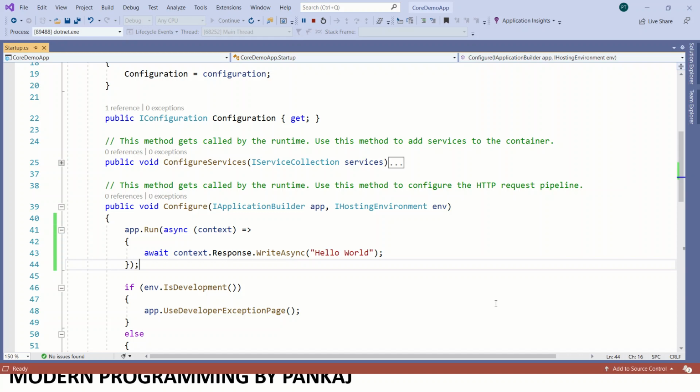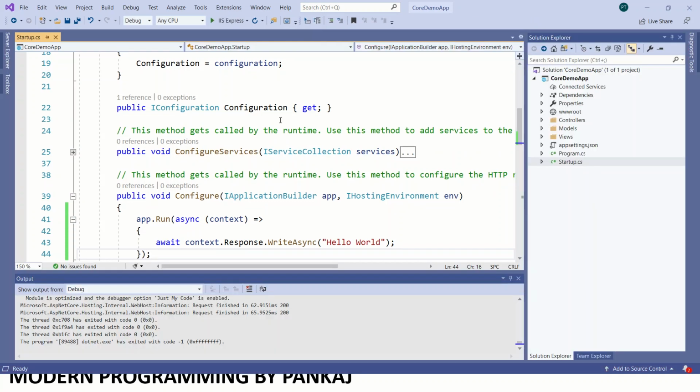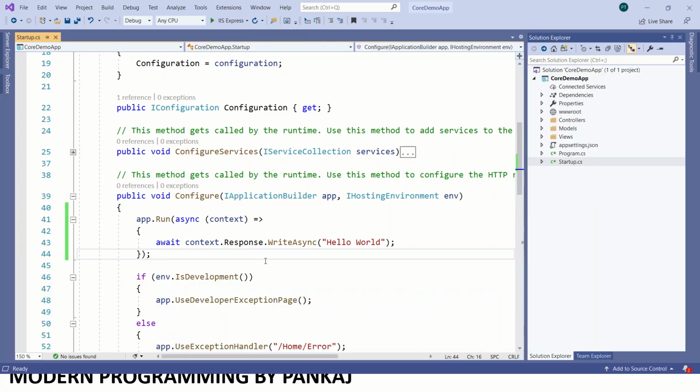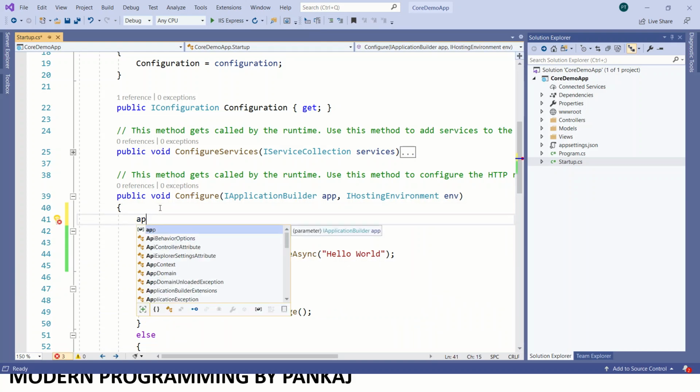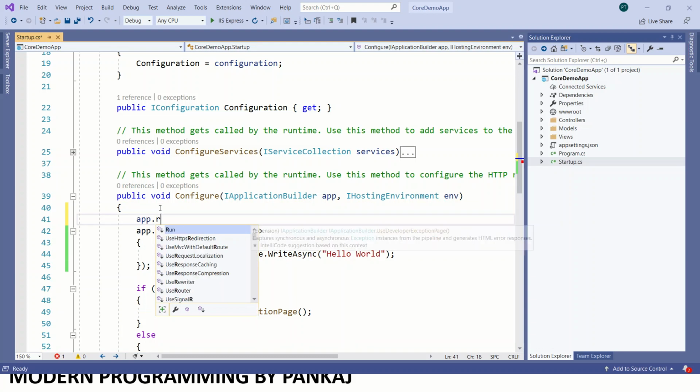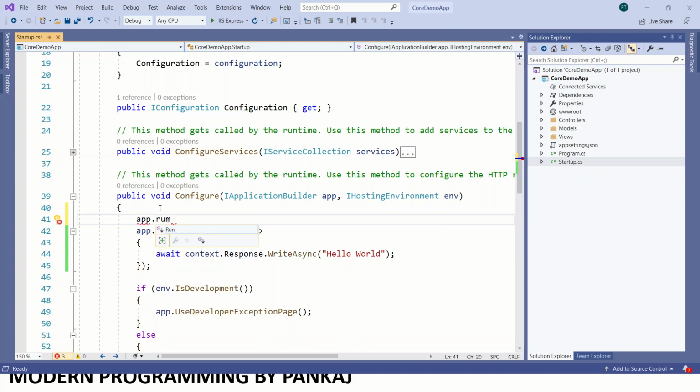What is the signature of this run method? If you want to check the signature, how can we do that? We can just write app.Run. Now, see, this is the signature.